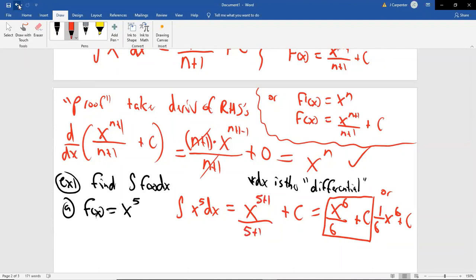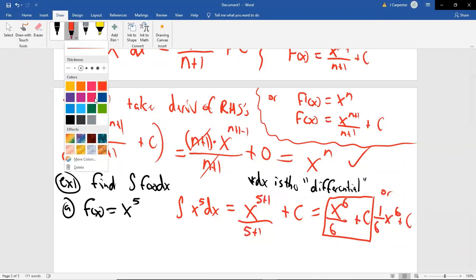My math lab should not care which way you write it. I will not care which way you write it. But if you said it was 6 times x to the 6th, that would be wrong. If you don't believe this, you can take the derivative and you should get the original problem. If you drop the 6 down, so in a different color, and this is going to be the only one I check,